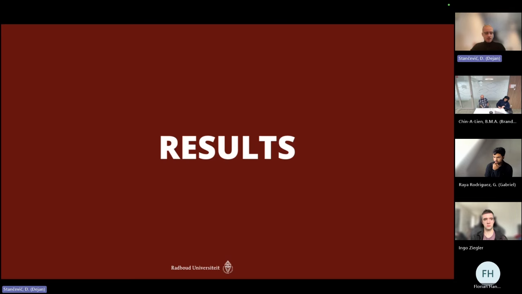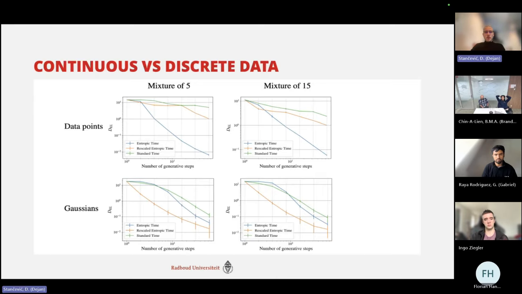As we already discussed, our suspicion is that rescaled entropy works for continuous data where variance is high, where our data is actually extending in those directions, and that conditional entropy is a good candidate for discrete data, or dimensions where data is kind of discrete. So we tested it on a toy 1D example: how different schedules perform for discrete data, a mixture of data points, and a mixture of Gaussians. And what we can see is that entropic time outperforms rescaled entropic time and standard time by